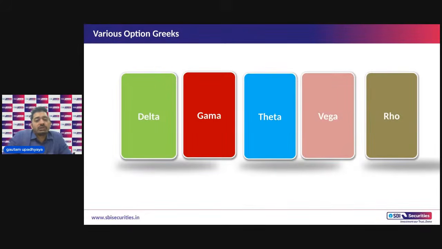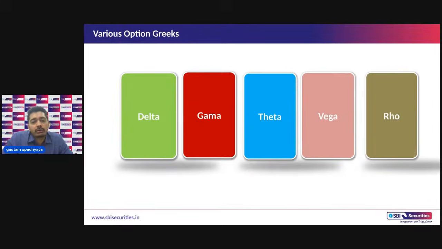So option Greeks, there are 5 option Greeks which are there in the market. We have delta, we have gamma, we have theta, we have vega, and we have rho. So we'll be discussing 2 of them, that is delta and theta. The rest of them I'll just explain quickly, but these are the 2 main derivative indicators जो हर एक trader